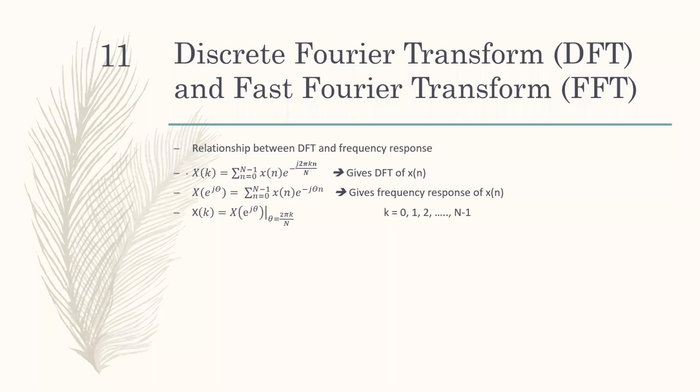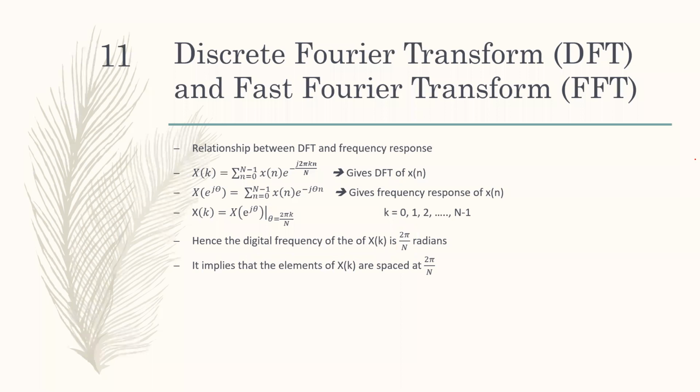Another thing to remember is that this will give you both the magnitude and the angle, that is, the magnitude response and the phase response. Therefore, the digital frequency of the signal x of n is given by 2 pi by N, and it is represented in radians. We specify this as the digital frequency of this sequence. Why digital? Because the signal turns out to be discrete in nature.